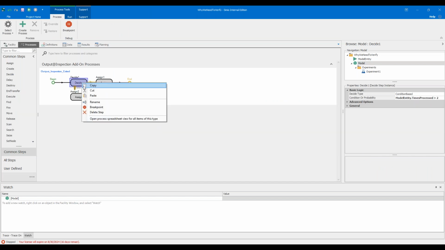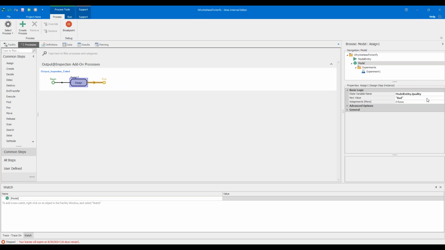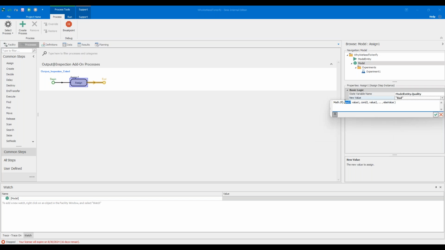So we're going to get rid of this decide and just have an assign. And what we want to do for that assign is we want to use an if statement. If you're familiar with programming, kind of like that. So we're going to type in math if, and that allows us to have a bunch of different conditions with different values. So we want to say if model entity